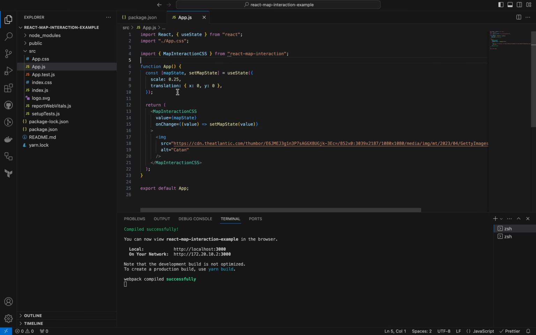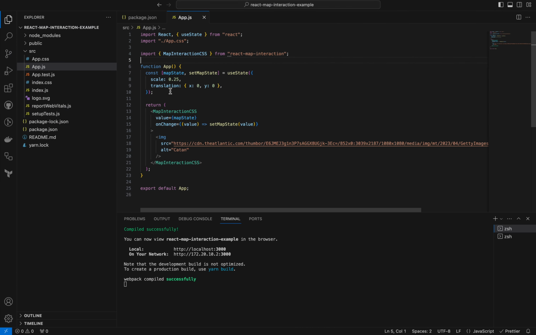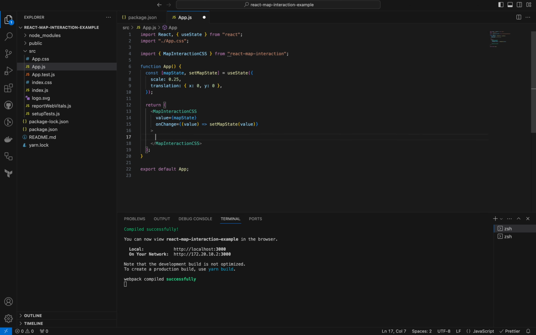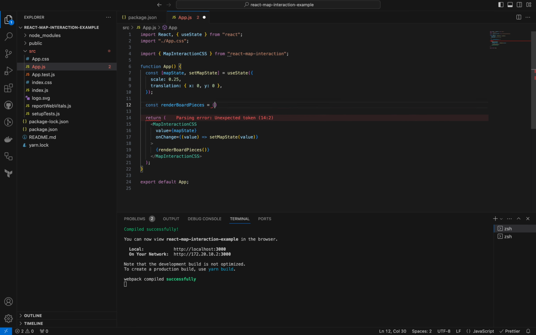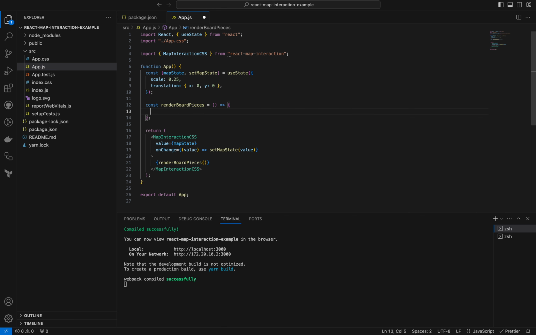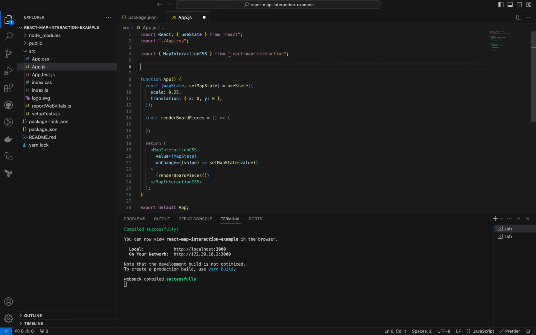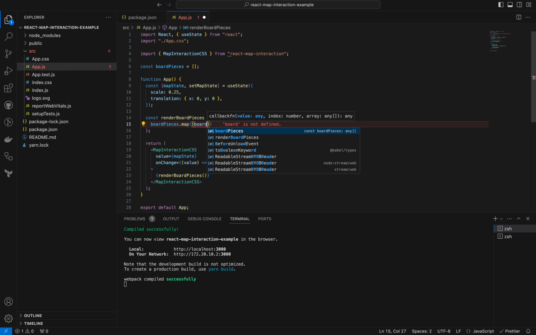So ultimately what this will look like is there will be circles on the board, kind of relative to Settlers of Catan. So what we could do is create a function called renderBoardPieces. And I'll create it here, const renderBoardPieces equals, create an arrow function. And what we could do is then create the board pieces here. Let's call it an array, and then we'll say boardPieces.map(boardPiece